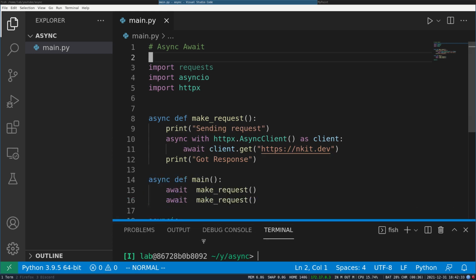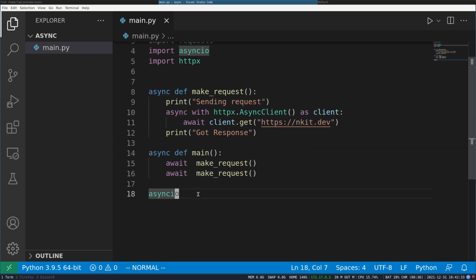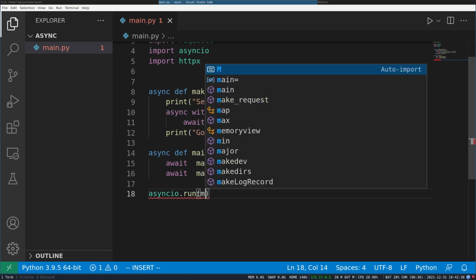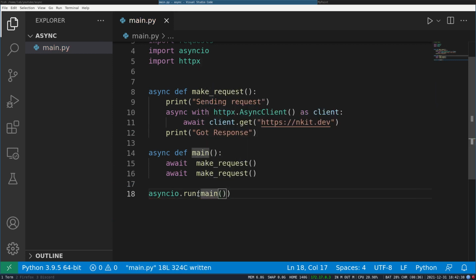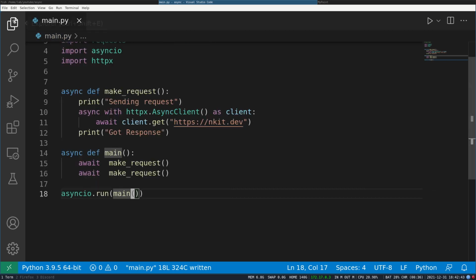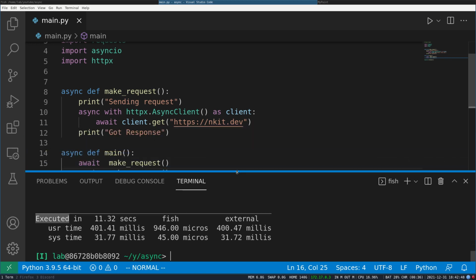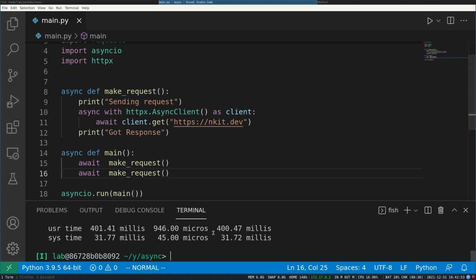Let me remove the terminal for now. So I will do asyncio.run, and then I will call the main function. Now let's run this and see what happens. You won't actually notice any difference in this case. Okay, how can I?